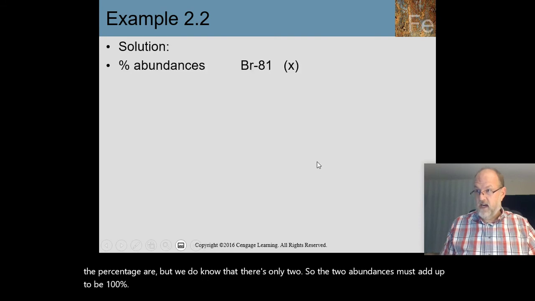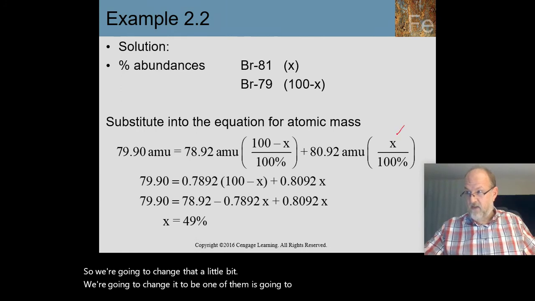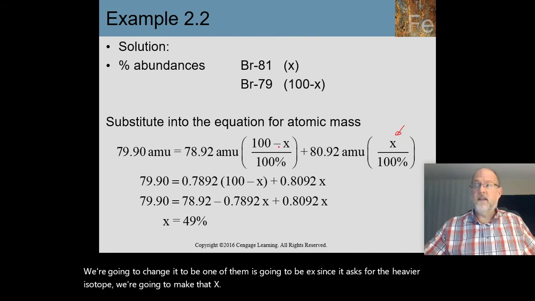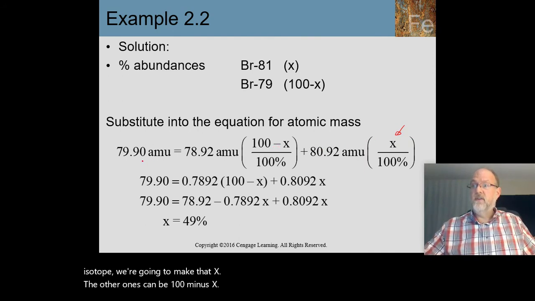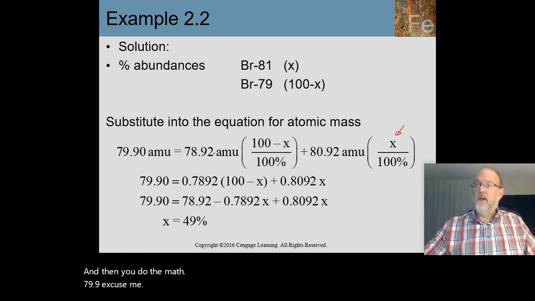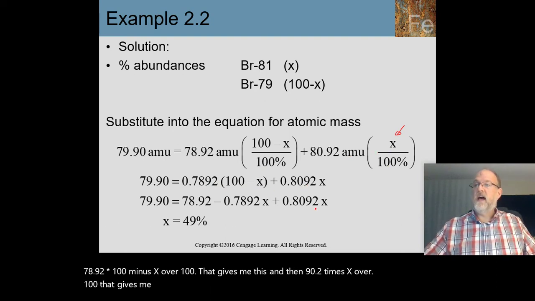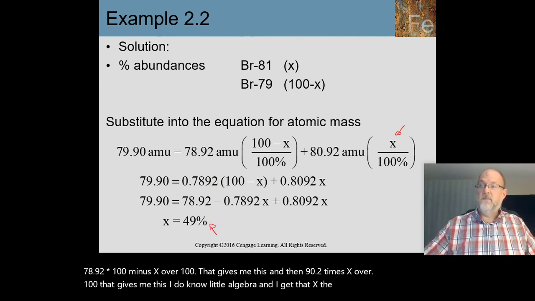So we're going to change that a little bit. One of them is going to be X. Since it asks for the heavier isotope, we're going to make that X. The other one's going to be 100 minus X. And then you do the math. 78.92 times 100 minus X over 100. That gives me this. And then 90.2 times X over 100. That gives me this. I do a little algebra, and I get that X, the heavier isotope, is